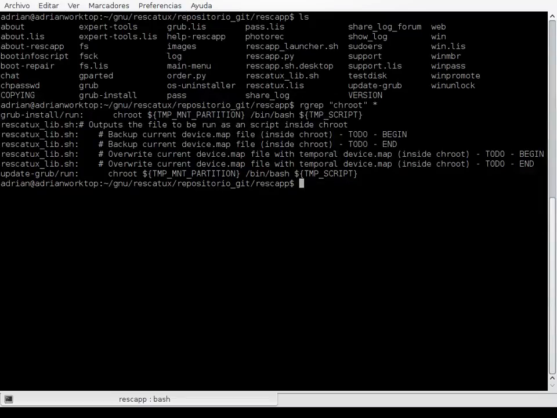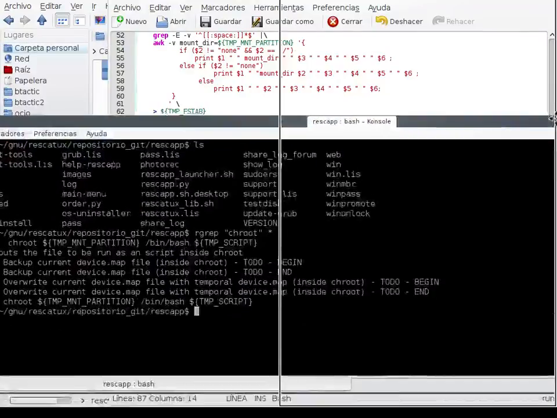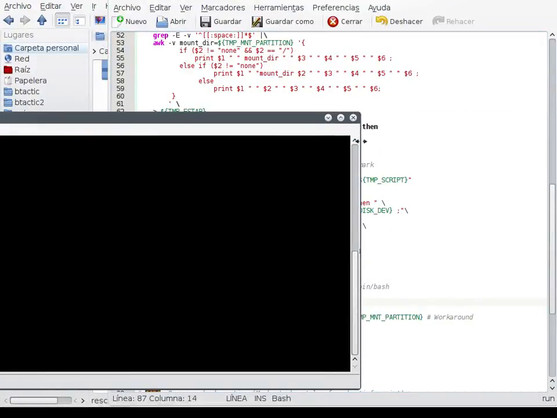There's the Rescatux live thing, and the only two places where chroot is actually used are group install run and update group run. So I need to replicate the same thing in both places, because now I have removed